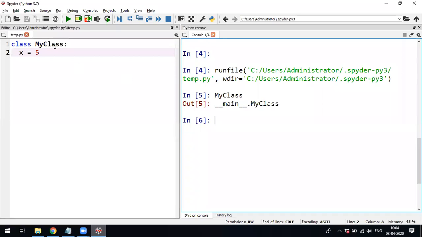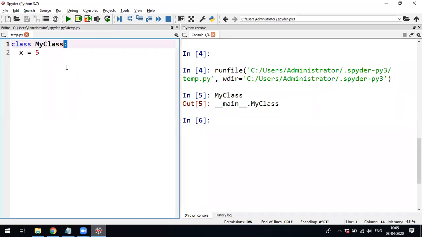Remember this. The colon is required. In Java, whenever you write the class name, then the curly brackets, whatever you want to write you write inside the curly braces. But here, the definition is the same as for functions: whenever you write a function, you end with a colon. The same thing for classes: class, space, class name, colon.